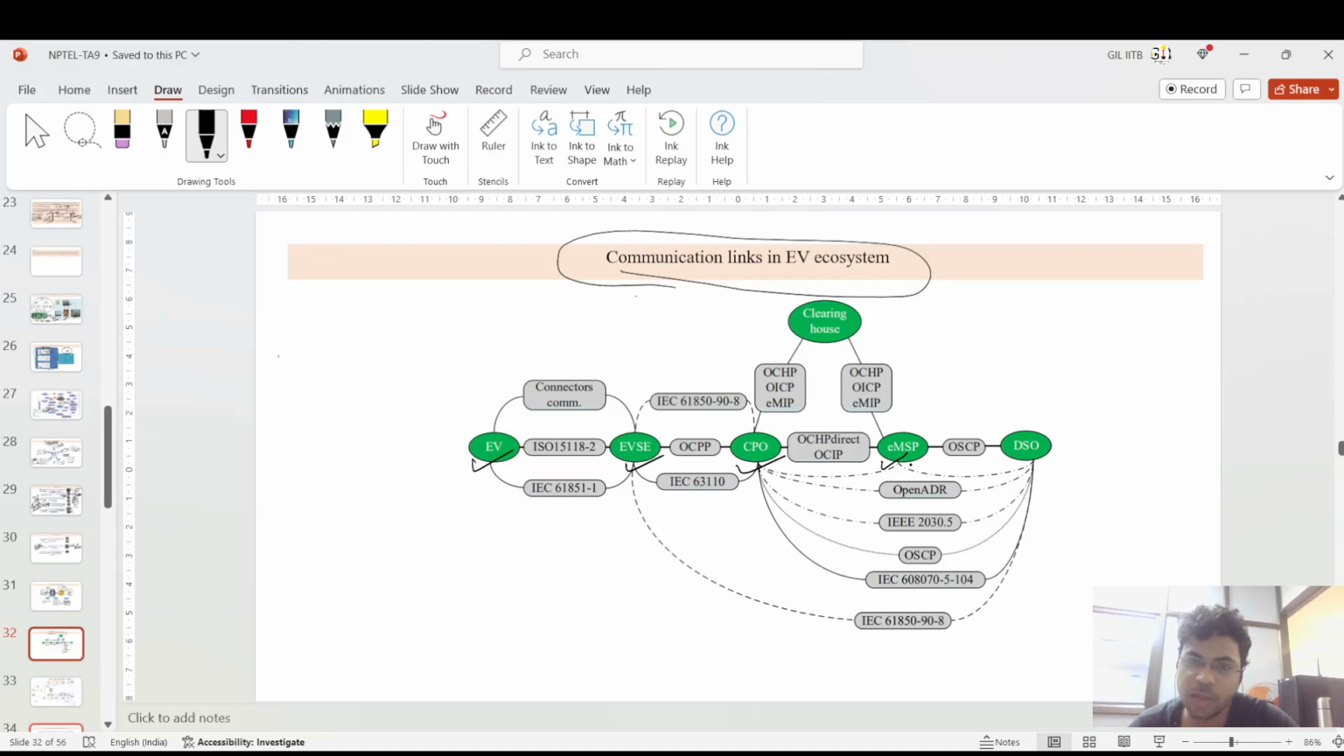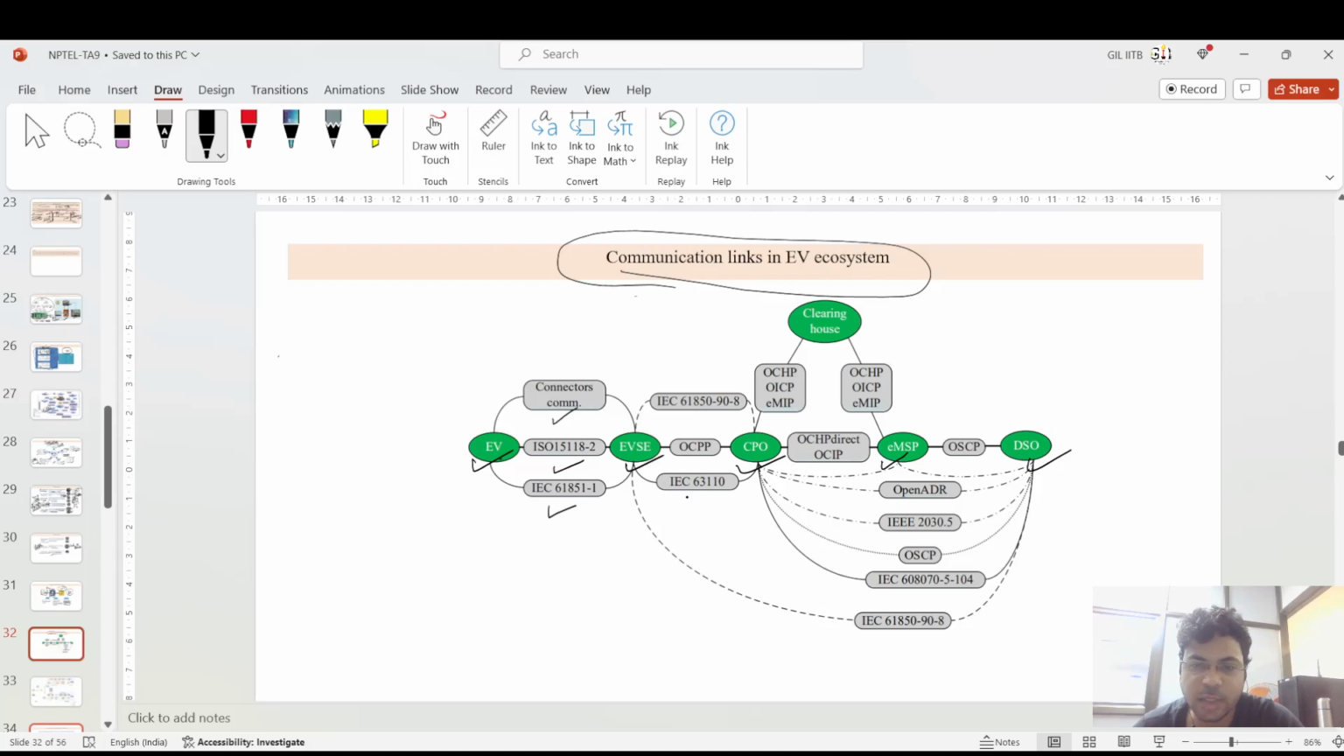If you consider the EVSE, you have a charging point operator, then an electric mobility supplier, then a discom. Between the EV and the EVSE, there are certain connectors through which communication happens. When you put the charging gun inside the EV, the connectors also communicate through proximity control and all. And there are certain protocols and standards for this communication, that is IEC 61851, ISO 15118-2, and